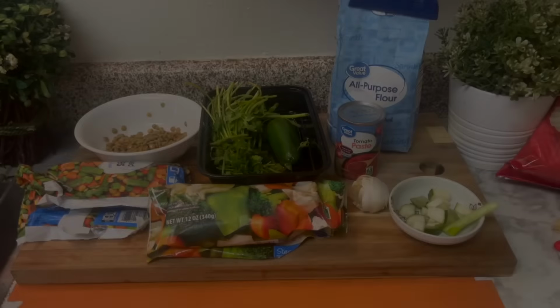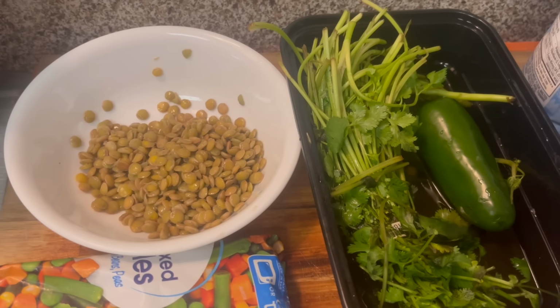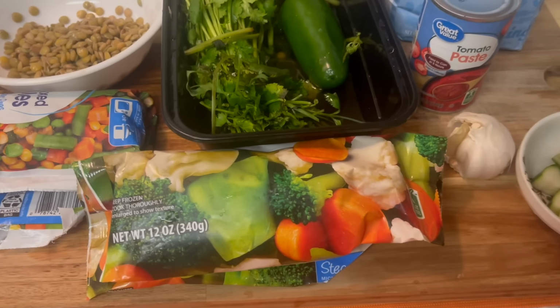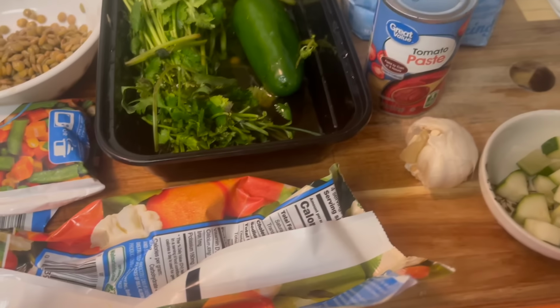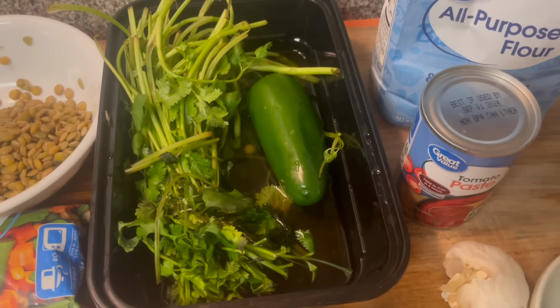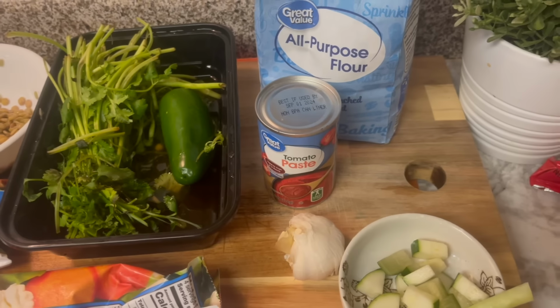I have a small amount of lentils. I have about a third of the bag of mixed vegetables and a third of the bag of California style vegetable mix. And I've got some cilantro. I never used the jalapeno, so I should probably just remove that from the budget. And I also never used the tomato paste, which I was planning to use at least one serving out of